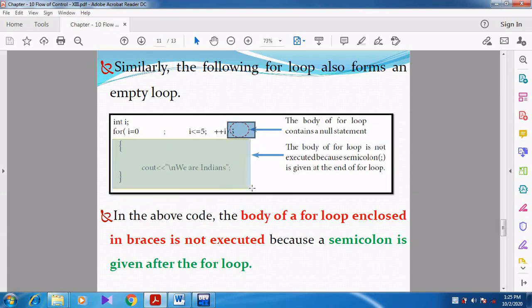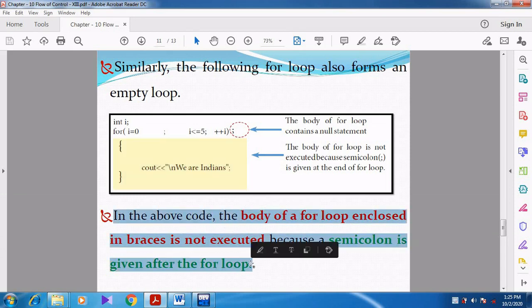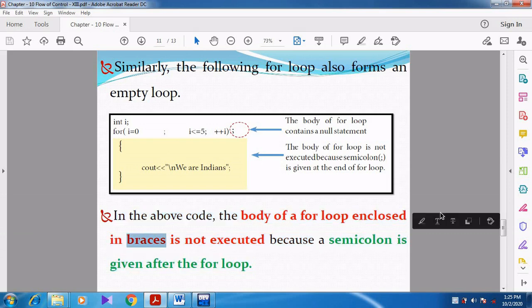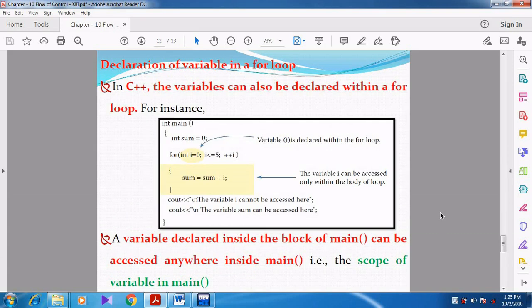In the above code, the body of the for loop enclosed in braces is not executed because a semicolon is given after the for loop. Can you understand, students?